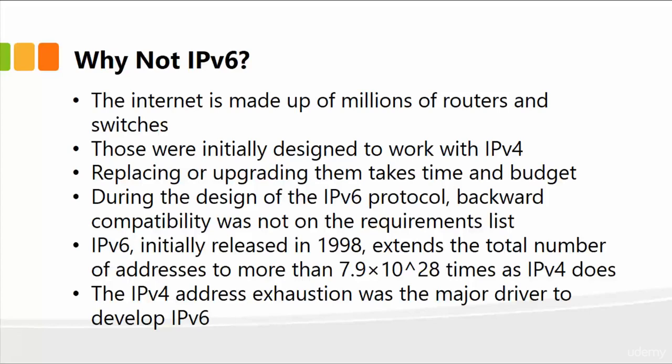During the design of the version 6 protocol, backward compatibility was not on the list. So here's another shortcoming: it's not easily integrated with IP version 4. It's not backward compatible. IP version 6, initially released in 1998, by the way, extends the total number of addresses to more than 7.9 times 10 to the power of 28 times what IPv4 does. That's a huge number, decillion. IPv4 address exhaustion was one of the major drivers to come up with this